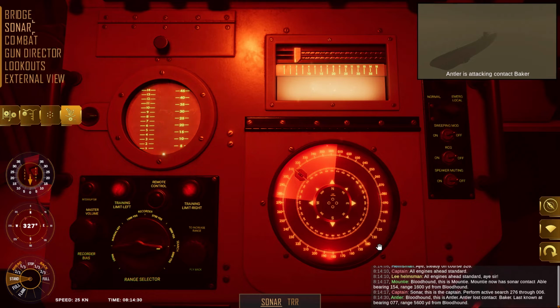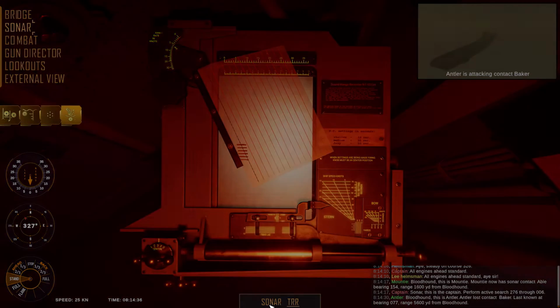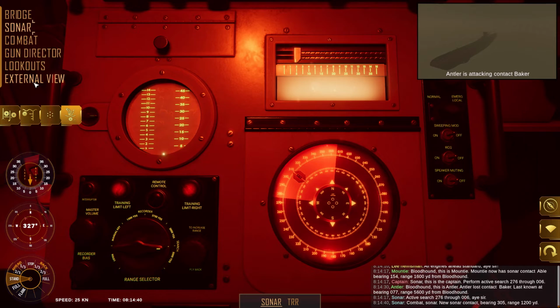Perform active. Bloodhound, this is Antler. Antler lost contact. Baker, last known at bearing 077, range 5,600 yards from Bloodhound. Active, sir. Combat sonar. Sonar contact. Bearing